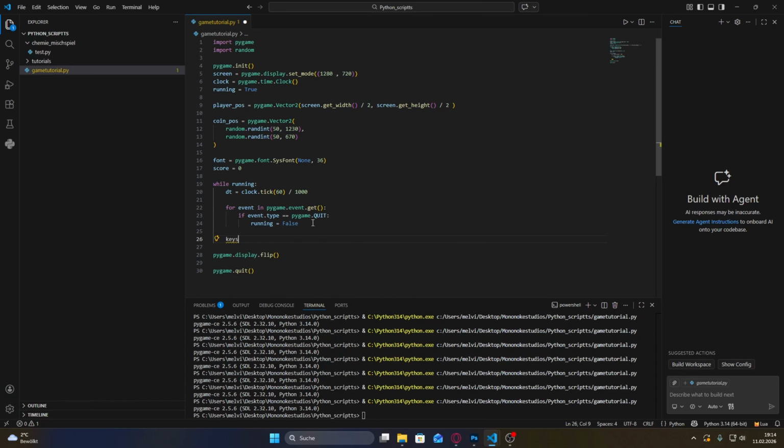I want to have some keys, like pressing W going up, or the arrows. If you want, we can use the arrows as well. We need a pygame key command while getting if it's pressed. So if the keys of pygame key W